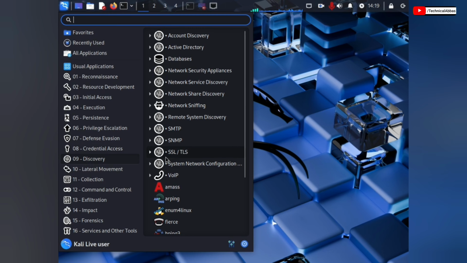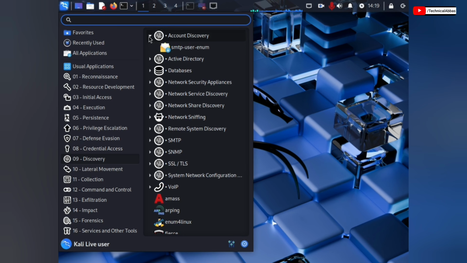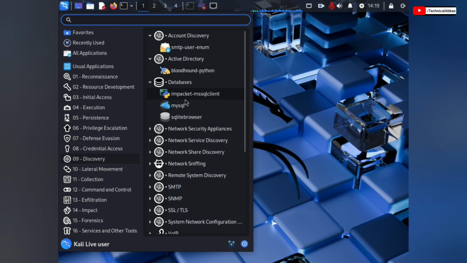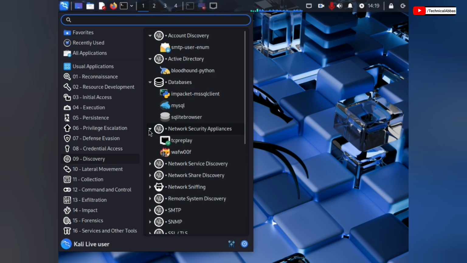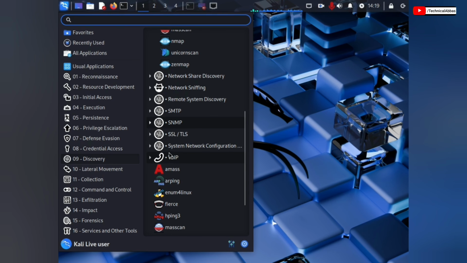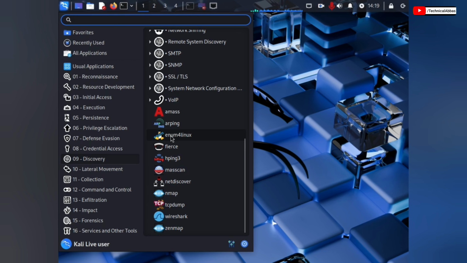So now the discovery playlist. Under the playlist, you can see many tools. The tools are used for many purposes. Like these tools are used for network scanning, network security, and discovery purposes, and ethical hackers use these tools to secure networks, look for vulnerable networks, and fix bugs if they happen. So there are too many tools. The famous tool is Nmap, used for network security and scanning, discovery, etc.,